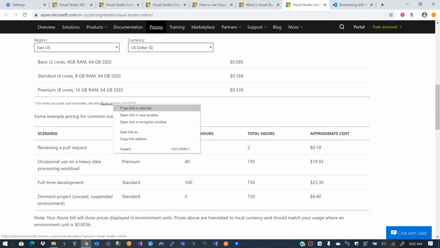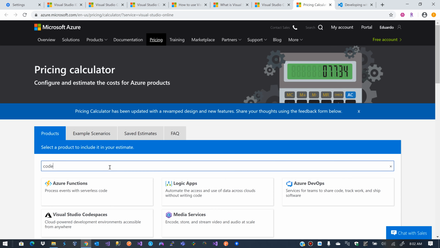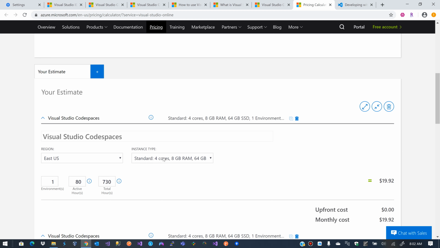Probably we can see it. Okay, so this is the Azure calculator. Let's see how it's named. Probably Codespaces. Here it is, Visual Studio Codespaces, and it requests the region. Which one? Well, let's use the standard. It says one environment being active 80 hours, and for a total of 730 hours. This is the actual active hours that your environment was active, and these are the total hours